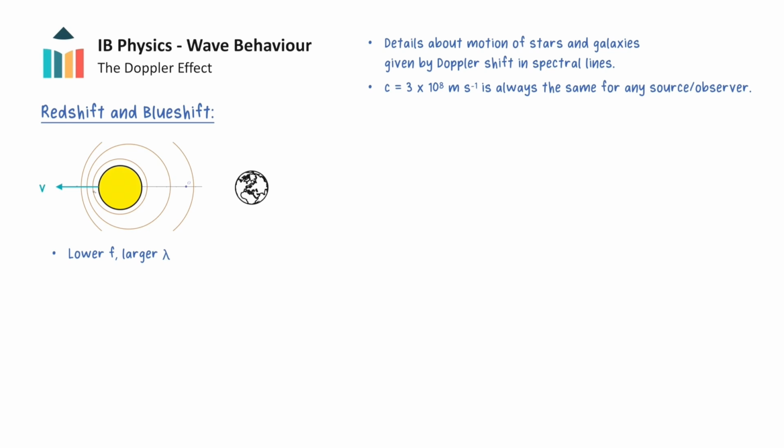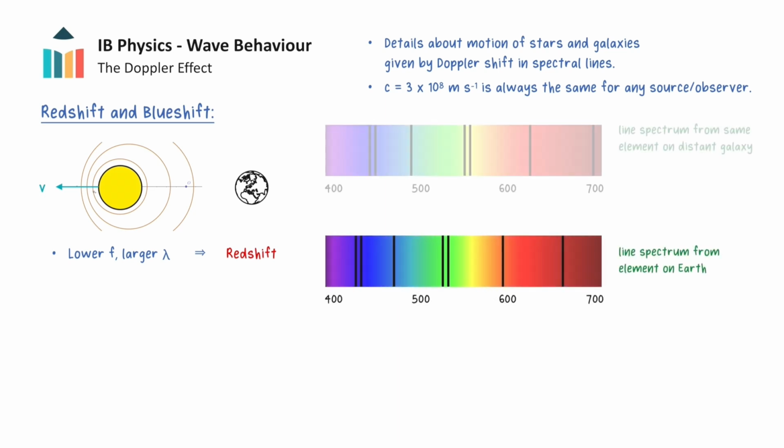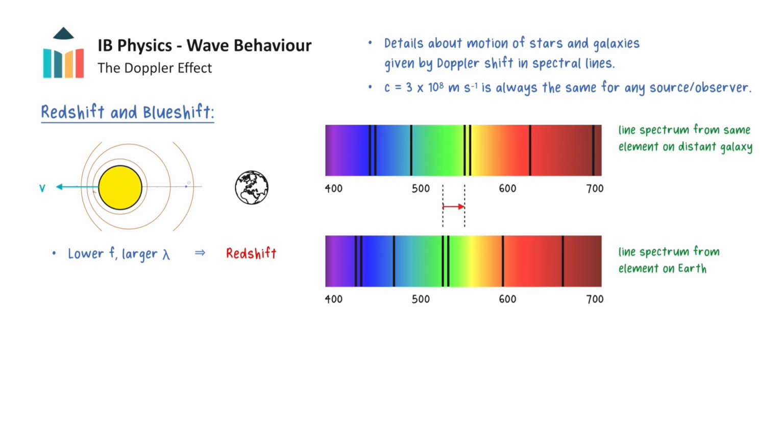This change to lower frequencies and larger wavelengths is called a redshift, and this can be seen through the use of atomic line spectra. These lines are characteristic of certain elements, and notice how the lines from the distant galaxy have the same overall pattern but are all shifted to the right towards the red end of the electromagnetic spectrum. This is why it is called a redshift, and this line spectrum shows that the galaxy must be moving away